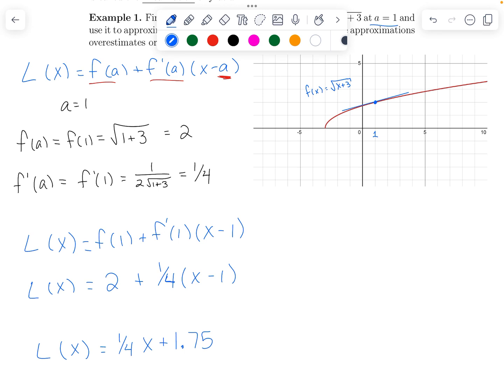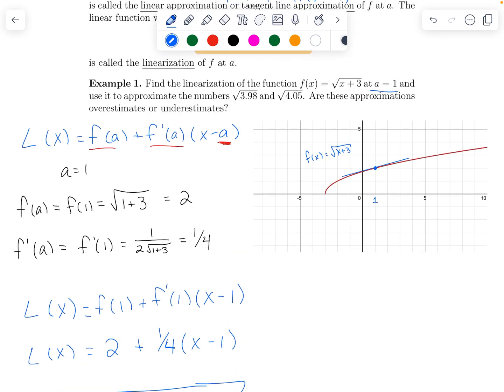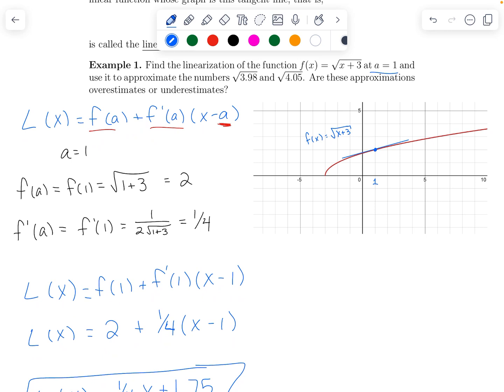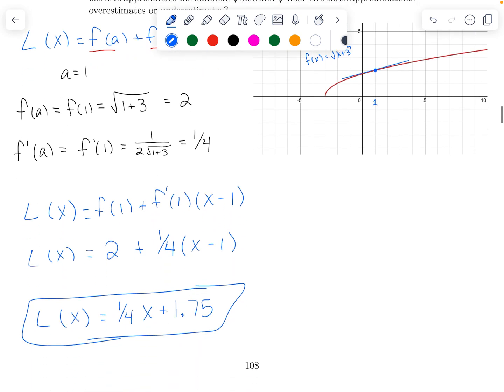This is our linearization. The next part the question asks us is, are these approximations overestimates or underestimates? So what it's looking for there is it's saying, okay, if I want to approximate 3.98 and 4.05, then take root 3.98